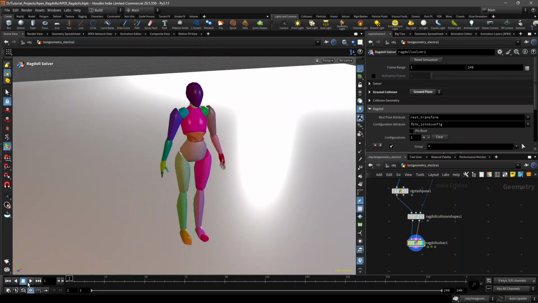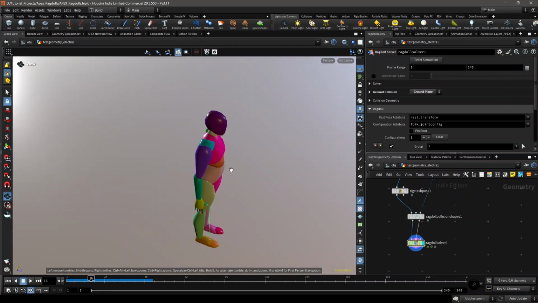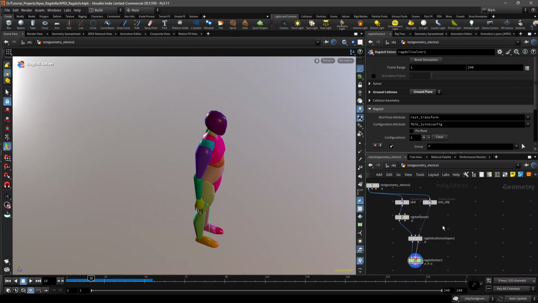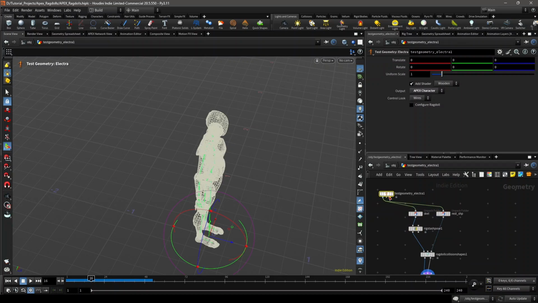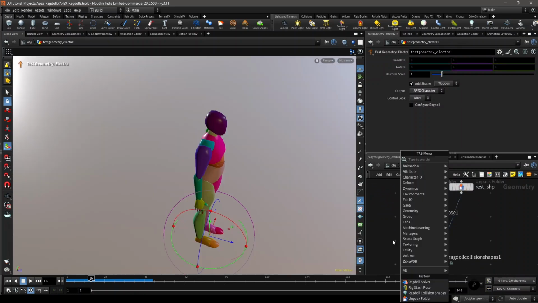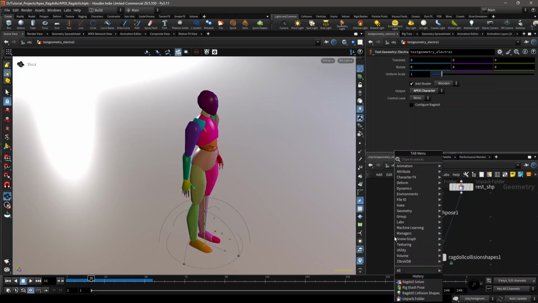And now if you play the simulation, you will see that the character just freezes in its position, and that's happening because we don't have joint limits set on it. To do that, you first have to switch to the view mode, using the space key or this button, so that it doesn't give you any errors, and drop down a configure joint limits